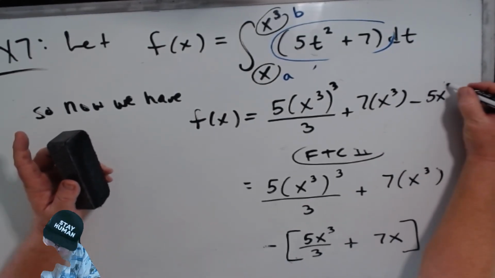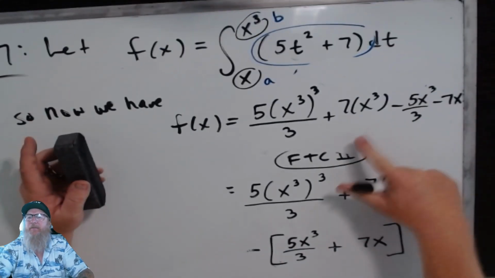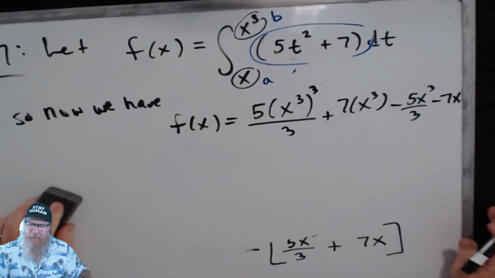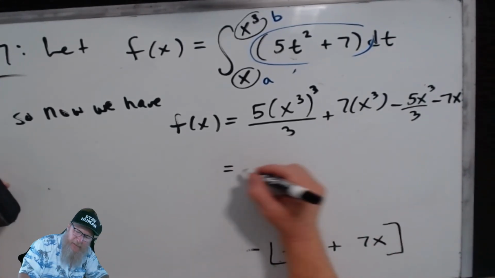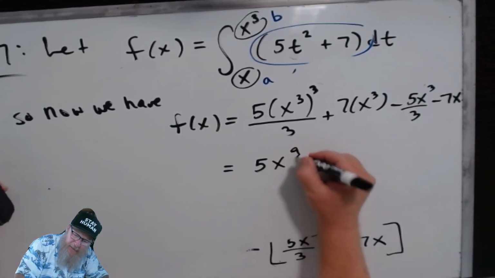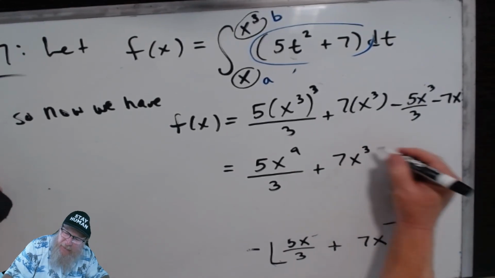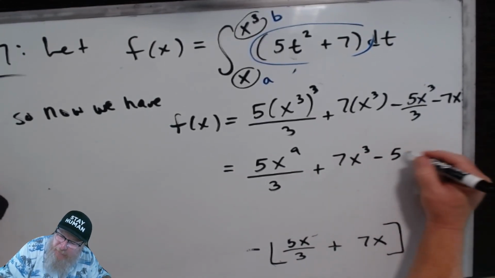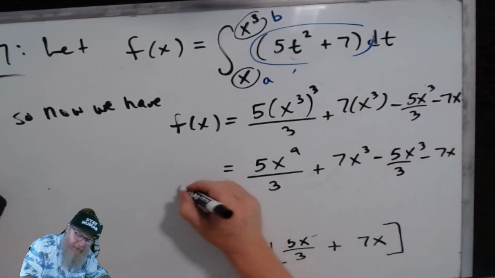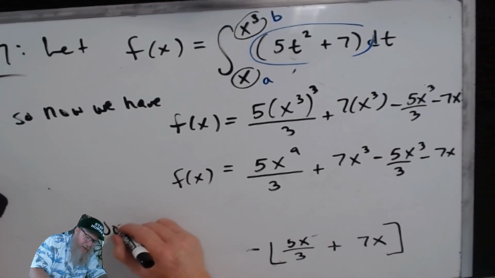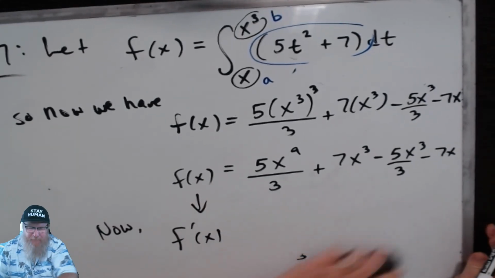I guess I didn't do a very good job of that. All right, that's fine. Okay. So this is 5x to the 9th over 3 plus 7x to the third minus 5x to the third over 3 minus 7x. So now the derivative